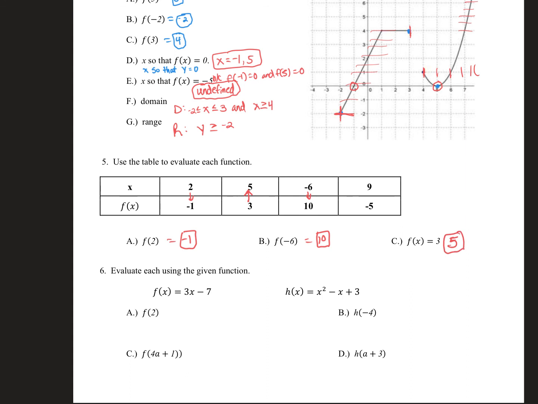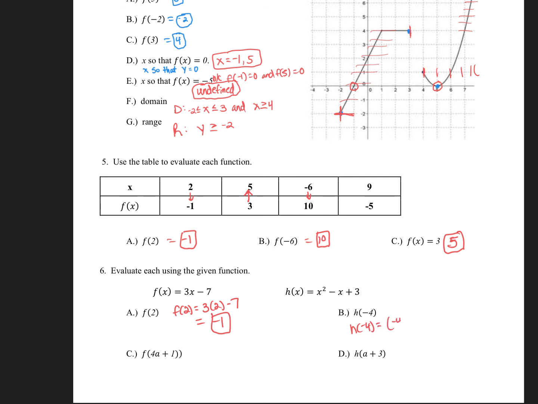Last part, number 6. Now we're given 2 functions, f of x and h of x. For part A, we're finding f of 2. So I'm going to plug 2 in for x into that equation. And 3 times 2 is 6, minus 7. 6 minus 7 is negative 1. For part B, h of negative 4. So I'm plugging negative 4 into my function h. So h of negative 4